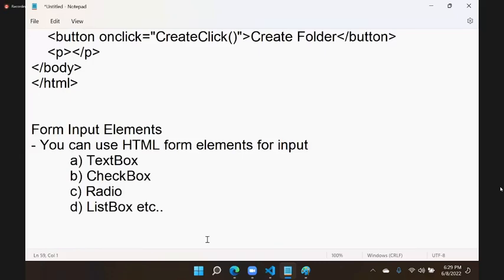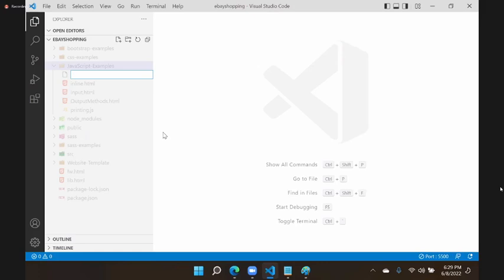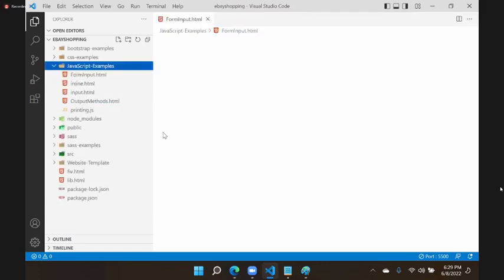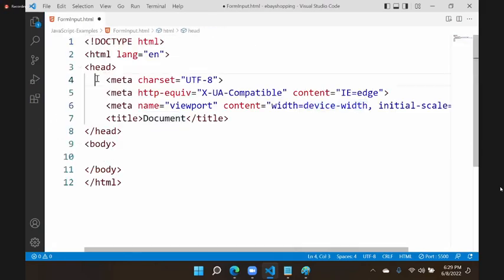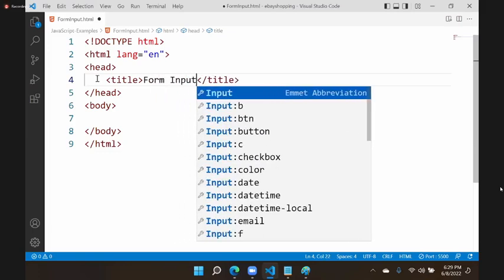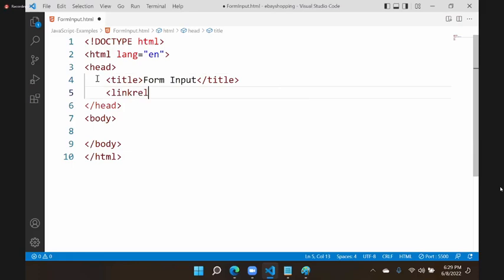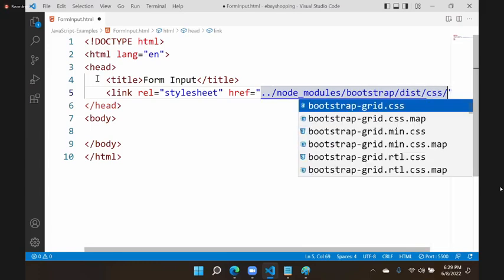How to design a form, no need to tell. You already know it. Let's do this now. I'm adding a new file, form input. Okay, let's design here. Here I will use the form input, and here I will link, rel equal to stylesheet, href. I will use Bootstrap, node_modules, bootstrap, dist, css,